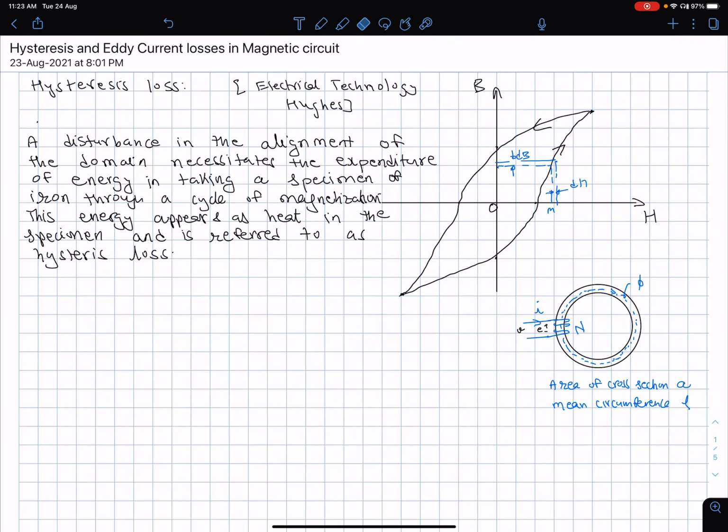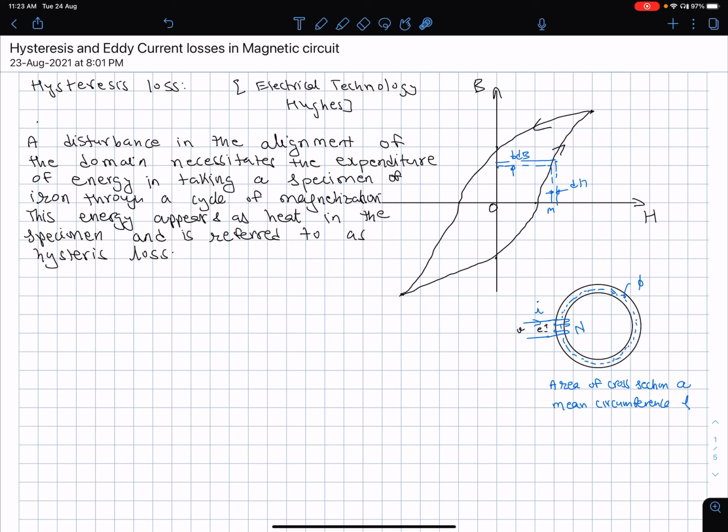Welcome back. So let's dive deep a bit more into hysteresis loss and eddy current loss in this lecture. Of course, we have seen magnetic circuits. We have been seeing magnetic circuits in quite some detail now. But in a sense, this connects with what we have been doing earlier, from a slightly different perspective and with some more details.